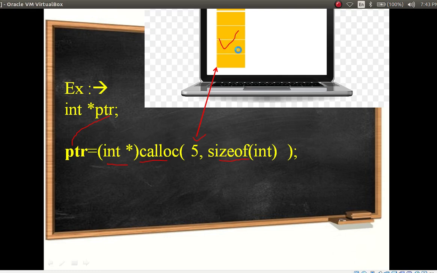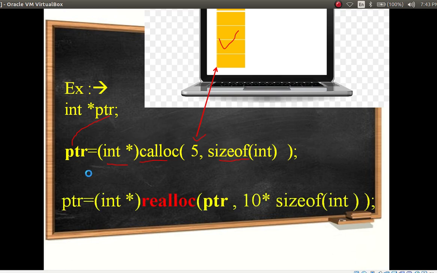Next line we have to use realloc, that is, resize the allocated memory. So same line, ptr int star realloc. Here I am using the pointer, this pointer I am using here, and I am going to resize this allocated memory.